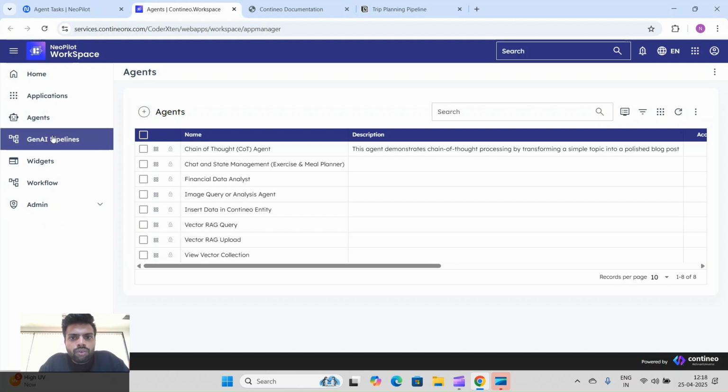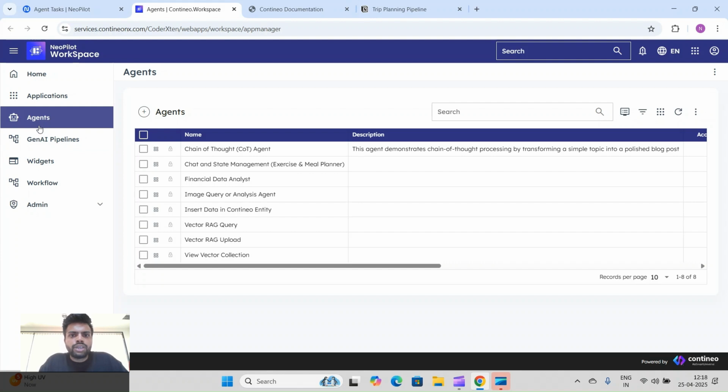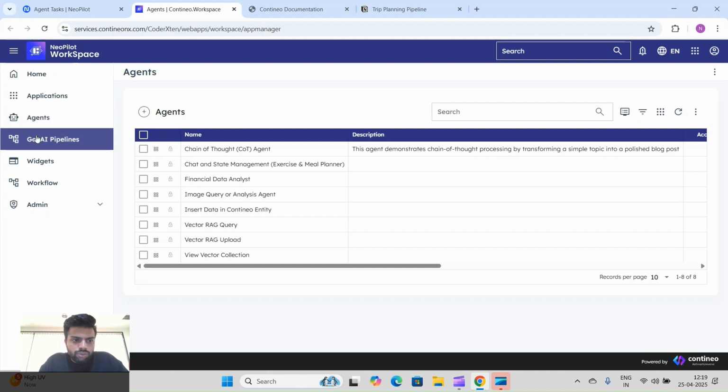First, let me tell you the difference between agents and GenAI pipelines in our framework. An agent is a software entity which helps us automate our tasks or complete tasks on our behalf. Pipelines are workflows which provide complicated workflows or core business logic. In our framework, an agent handles the user interaction part, state management, event handling, and calling multiple GenAI pipelines within it. This means one agent can call one pipeline or more than one pipeline. I will show you how we can do that.